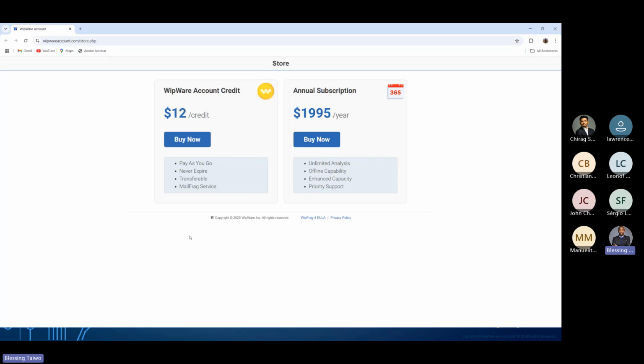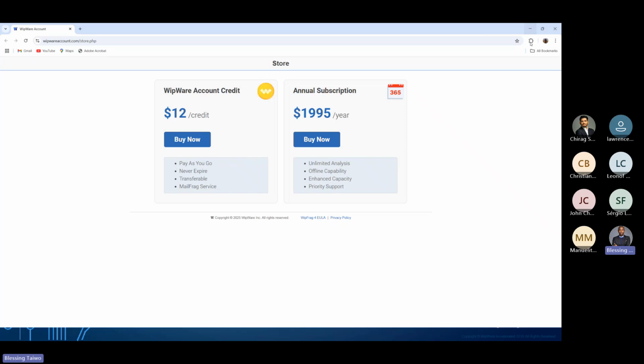You buy a credit to analyze a single image, just on a low scale, or you buy an annual subscription. With the annual subscription, you can have unlimited analysis, with offline capability. You don't need to be online or have a network. You can also use a single subscription on 10 different devices. That is, you can share the username and password among your team, and every member can use the software simultaneously on 10 different devices. So it allows teamwork.